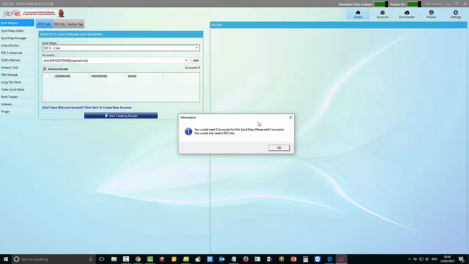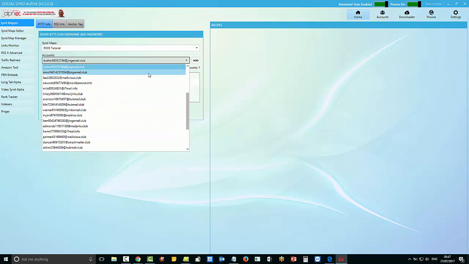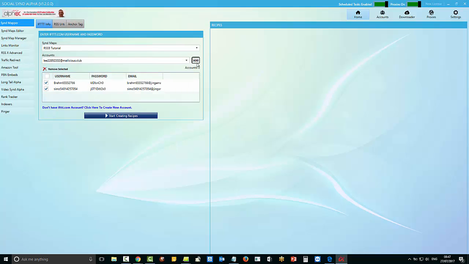Remember, each ring that is assigned a different group, each group that you assign it to equals one IFTTT account or IFTTT profile that you've created with automation. So we're going to choose 5 accounts. We can take the top one and click on that, then get the second one and click on that, then the third one, and the fourth one, and the fifth one, and click on add. Okay, so we've got 5 different profiles that we're going to be using to create that tiered